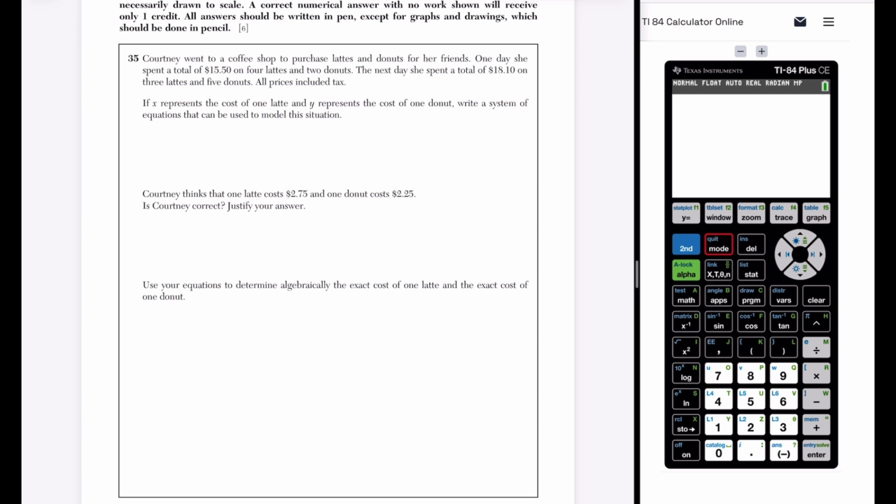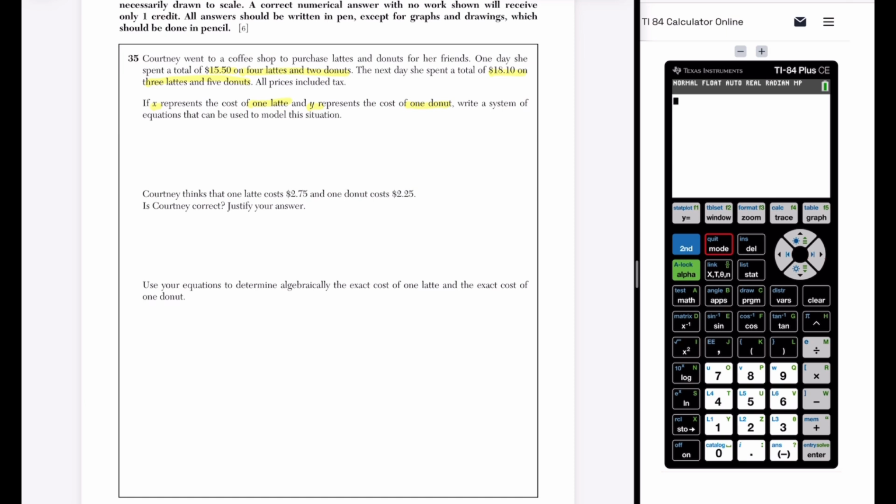One day she spent a total of, let's do it in a different color here, $15.50 on 4 lattes and 2 donuts. The next day she spent $18.10 on 3 lattes and 5 donuts. All prices include tax. So in this first part, if x represents the cost of 1 latte, so x are the lattes and y is a donut, we need to write a systems of equations that can satisfy this. So using the first set of information, we can say